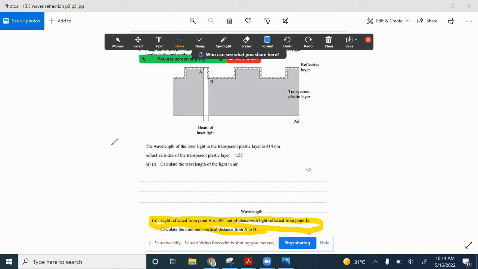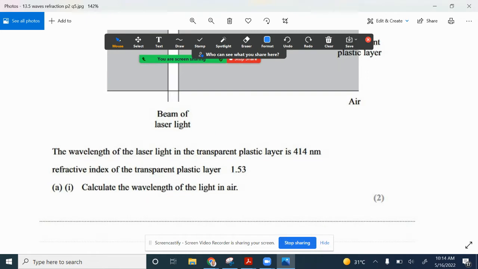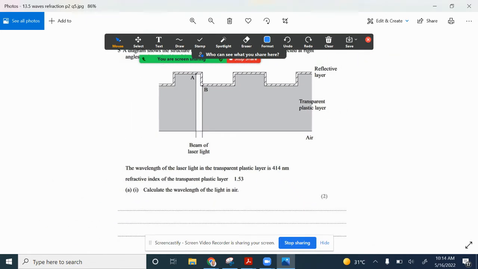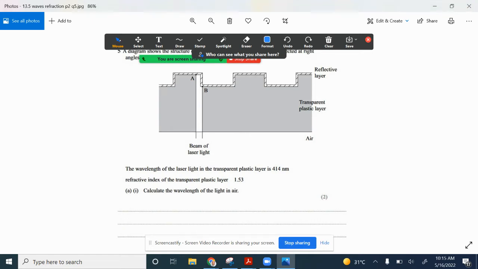So this question, you have got a CD player where this is the beam of light, beam of laser light. It goes into the transparent plastic layer, hits the reflective layer here at B and hits the reflective layer at A and reflects back off and comes this way and comes back this way. Okay, now